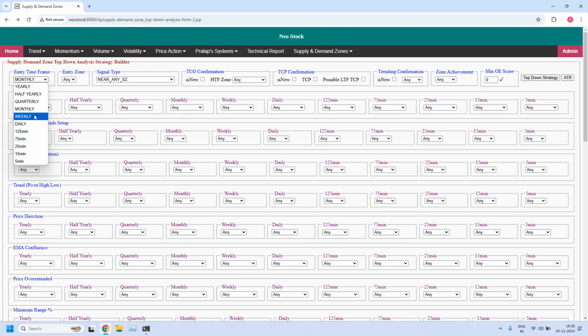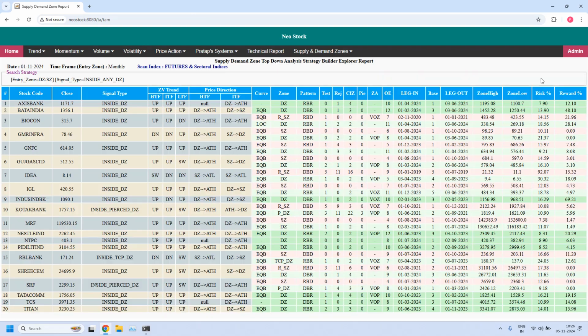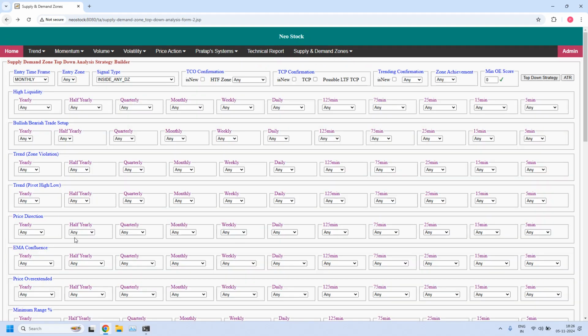Next, for weekly time frame, but here one more point we should do, monthly time frame, we should also identify stocks closed inside the monthly demand zone. So 20 stocks are filtered where price closed inside the monthly demand zone. And pierced monthly demand zones if we ignored, so in the pierced count,